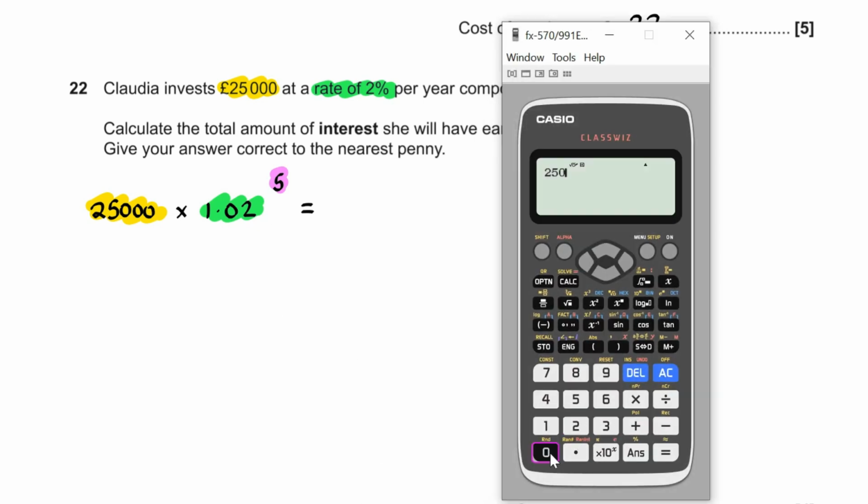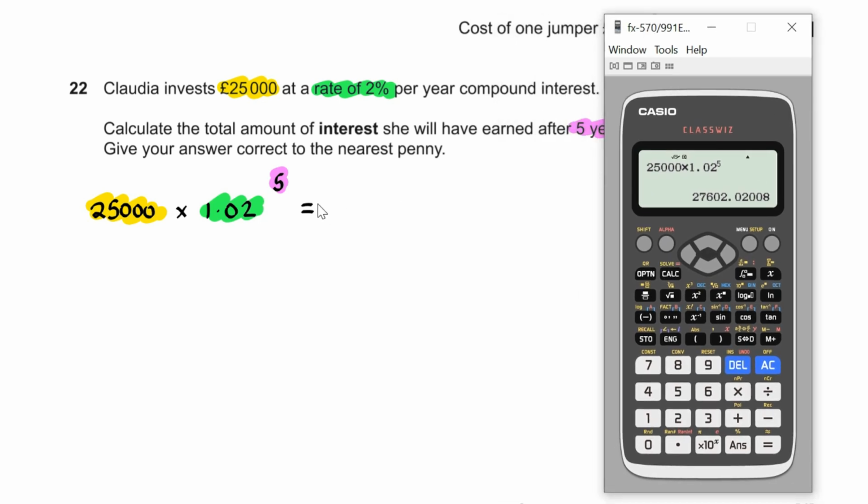We've got 25,000 multiplied by 1.02 to the power of 5. It turns out here we get 27,602.02. So this is the total amount of money she has after 5 years, and therefore for the